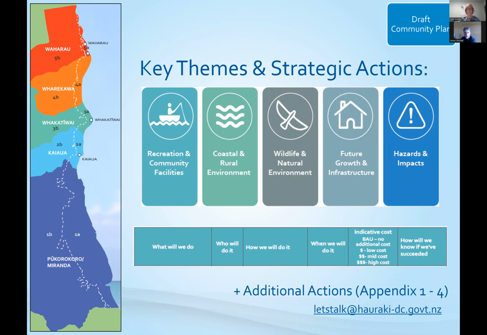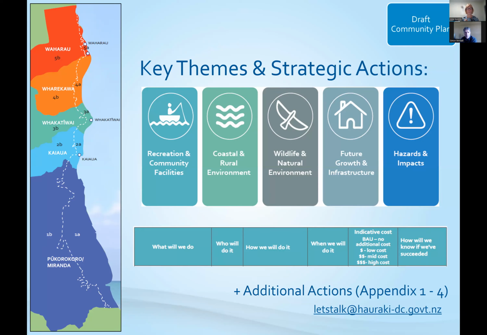In terms of how the council's plan has been structured, it has picked up those key themes from the community panel and reflected those directly into this plan, and that forms the bulk of how the plan has been structured. The council then looked at those 100 plus recommendations and picked out just over 20 of them as what the council has seen as the key strategic actions that it wants to focus on and pursue. They've done that through a combination of taking advice from the community panel on what they see as the most critical actions, but also the council's own view on what actions should be prioritised to move forward with.